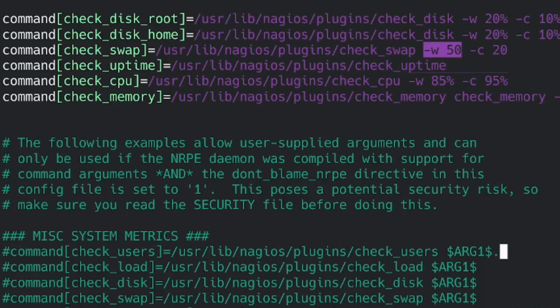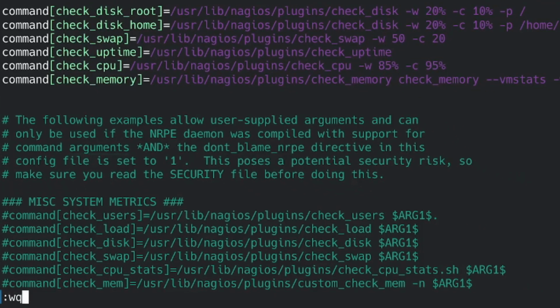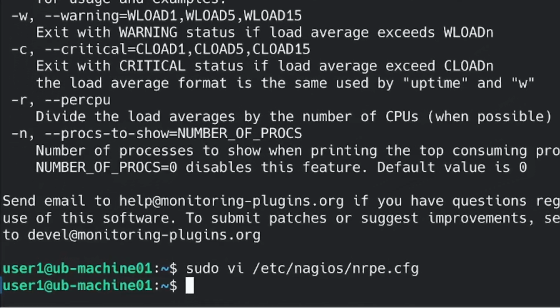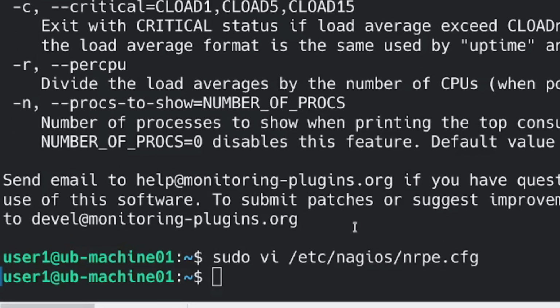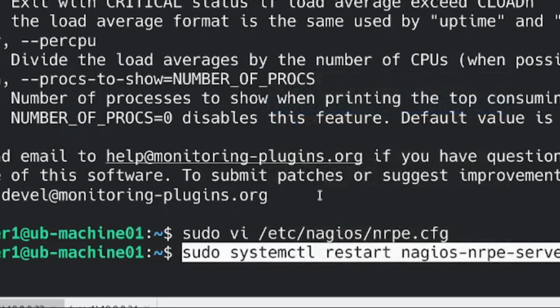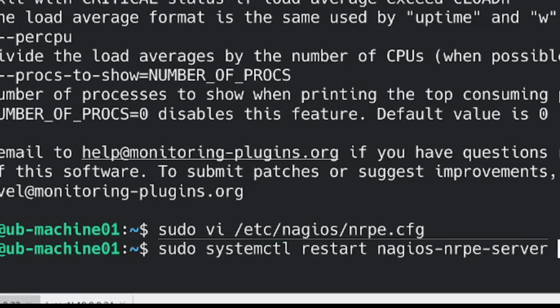Okay, let's come back to our topic. Here is how the nrpe agent is configured. Save and exit the text editor. After this file modification, we must restart the nrpe service to apply the change. Here is the command to do that. Sudo systemctl restart